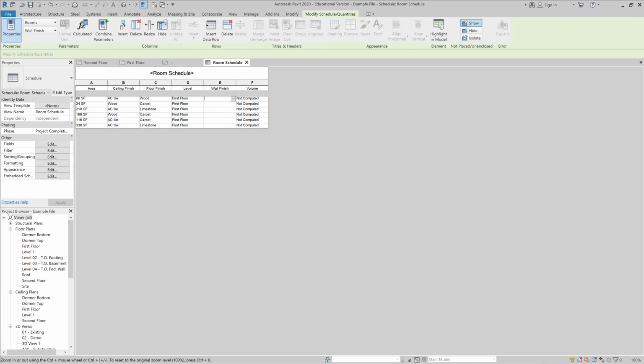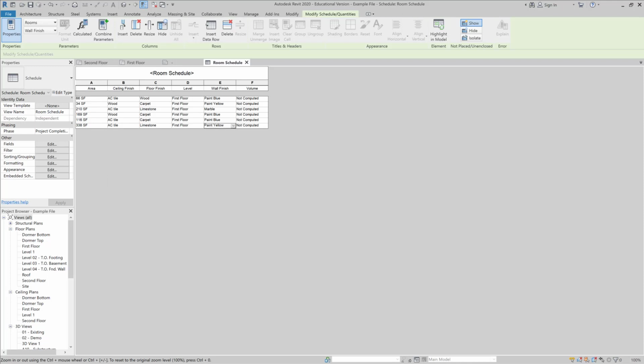Okay, same for the wall finish, paint, blue, paint, yellow, or let's say marble cladding, and then you can select from the list